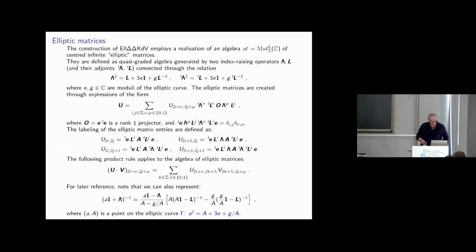Then I want to say something about construction. The construction follows a rather formal scheme, which I would call elliptic matrices. So what do I mean by elliptic matrices? We know that, for instance, every finite or infinite matrix of standard form can be written in a way where you have a central element. So let me just write it maybe on the board. I can find a